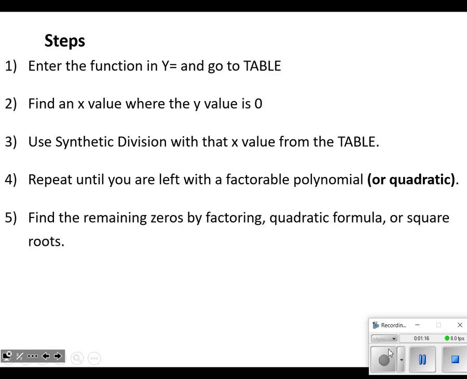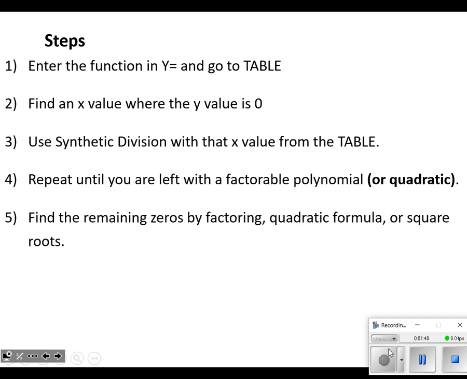So our steps. You'll notice instead of looking at possibilities, now we're just going to go straight to the calculator. We're going to type the function into the y equals menu, and then it's tempting to want to look at the graph, but the graph doesn't really help us a whole lot because polynomials grow incredibly quickly, and you will see that when we look at the table in a little bit in our first example. But we're going to go through the table instead and find an x value that produces a matching y value that is 0.